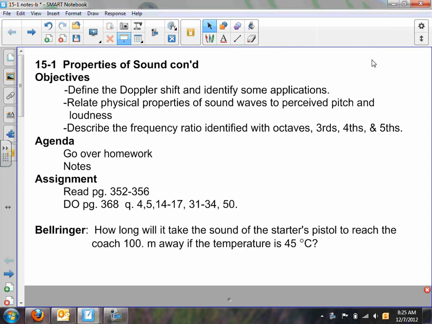Today we're going to continue our discussion on properties of sound, define Doppler shift and identify some applications, relate physical properties of sound waves to perceived pitch and loudness, and describe the frequency ratio identified with octaves, thirds, fourths, and fifths. So if you look at your bell ringer here,